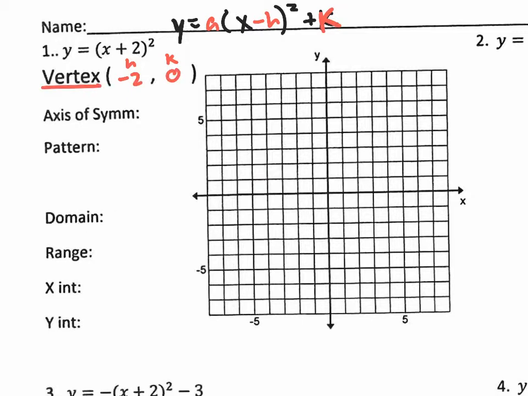That is the most important point, the vertex. You get 1 point just for identifying it. Let's graph it. Negative 2, 0 is right here. Negative 2 on the x, 0 on the y. Step 2